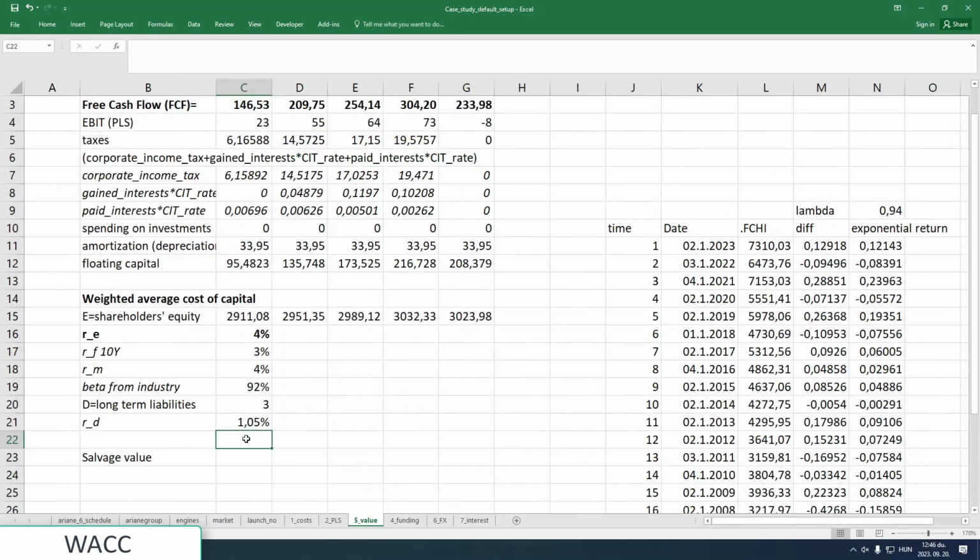We are using just this number. So at the end of the day, the weighted average cost of capital should be something like this. So E divided by the sum of retained equity, debt, it multiplies the return. I will use as many brackets as possible,